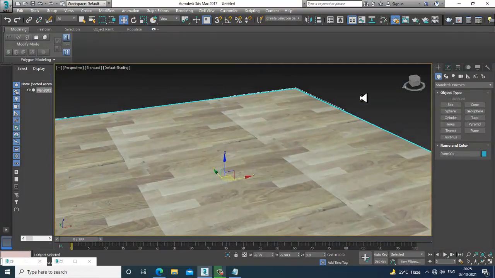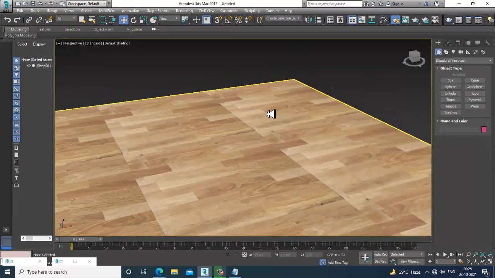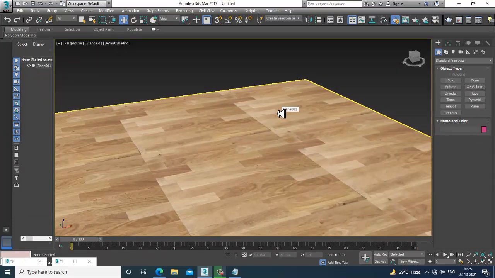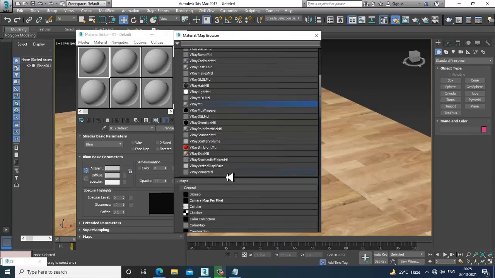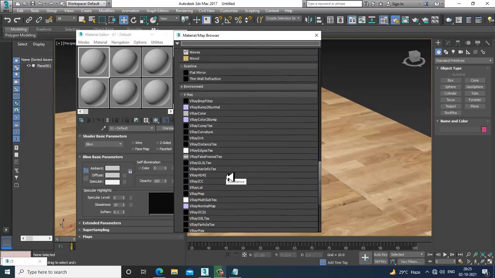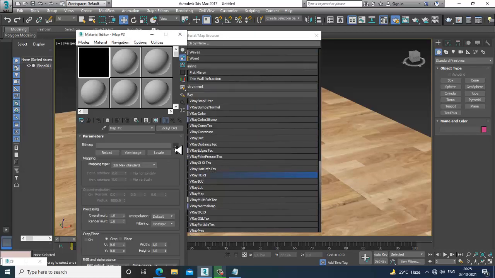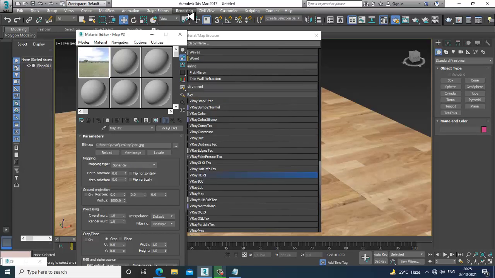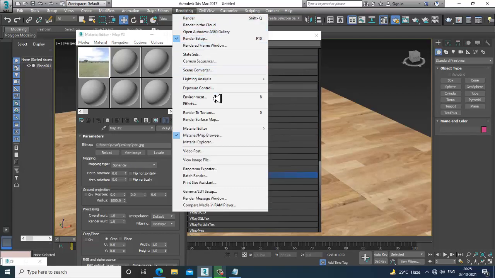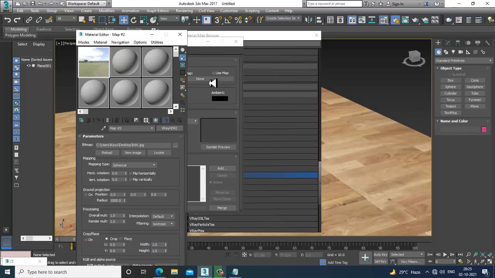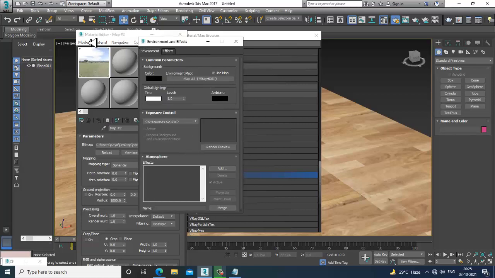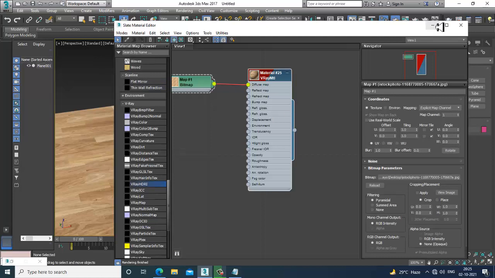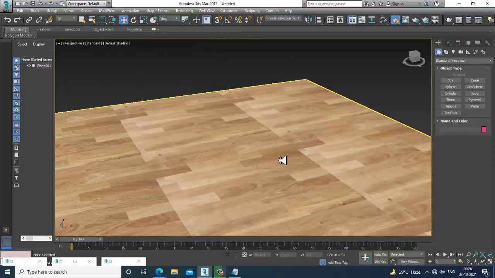After that, I'll be creating an HDRI over here. Let's go into the material. I'll go into get material and I'll take a V-Ray HDRI. Let's call a HDRI map over here. Let's make the mapping size as spherical. Now let's go into rendering, go into the environment, and let's just drag this, make it instance over here. Okay, so once you're done over here, let's start with the first material,